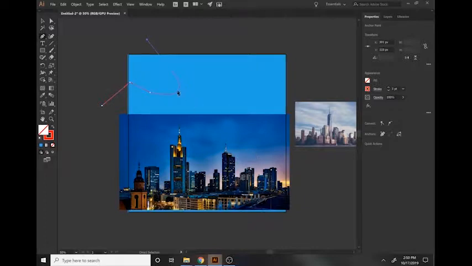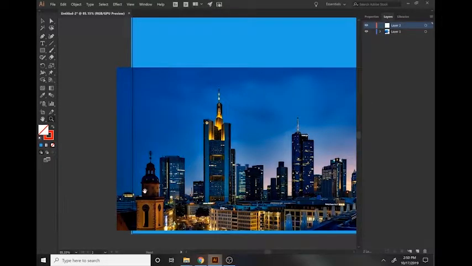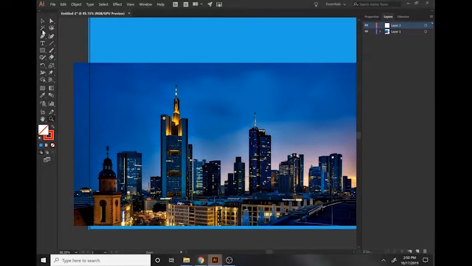Okay, so as I was saying, what you want to do at this point is go to a new layer. We want to click on our layers tab over here and find this little piece of paper with the corner folded up and create a new layer. So this should be familiar to most of you guys. I'm going to zoom in slightly, and I'm going to just use my pen tool to create an